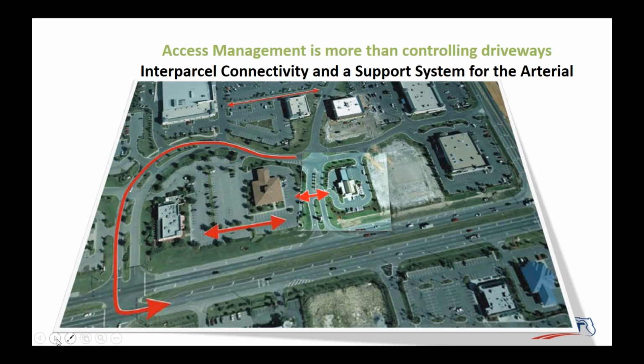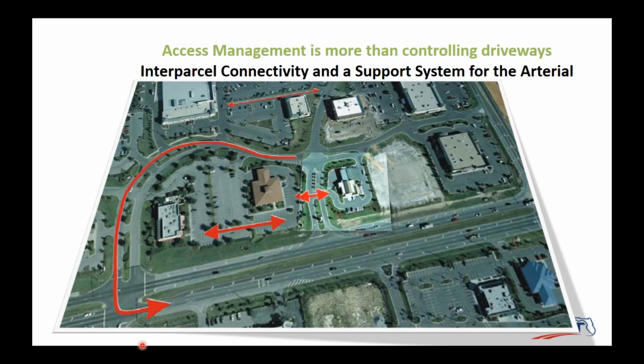So this example here, the interparcel connectivity is also key. It's certainly more than controlling driveways, as the slide says, but it's getting those connections in between developments so customers can get easily from one to another should they choose to patronize more than one business in that area, and that they can also get out to a signal for a safe and managed left turn, or a roundabout, as the case may be. And so here we have an example of that, and the model regulations provide for joint and cross access,